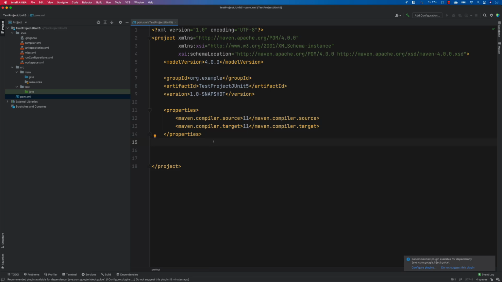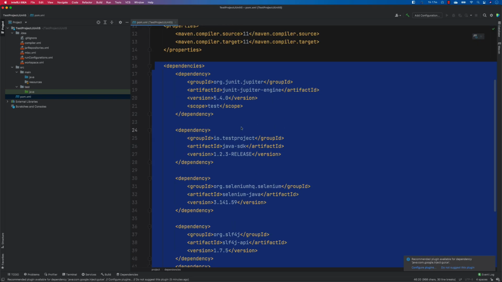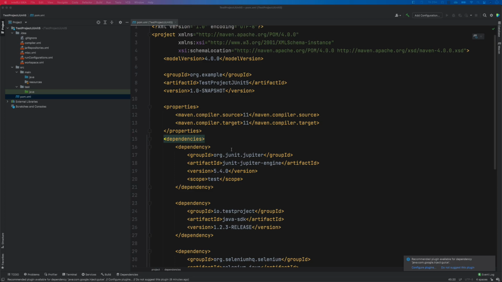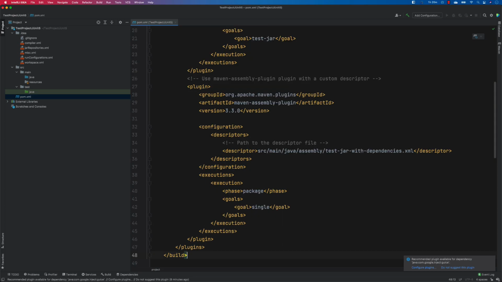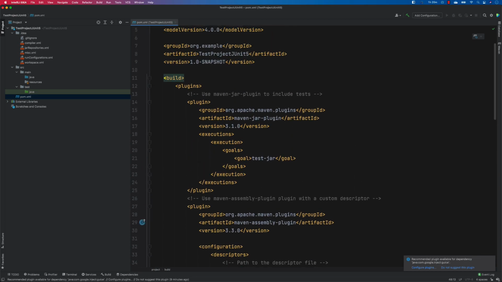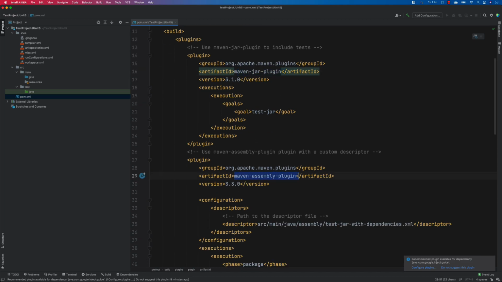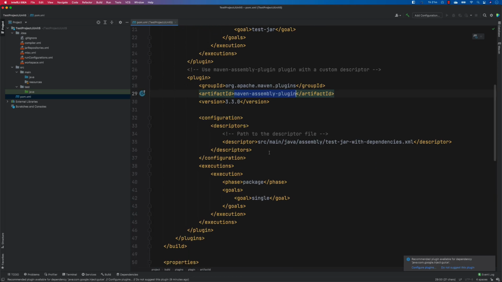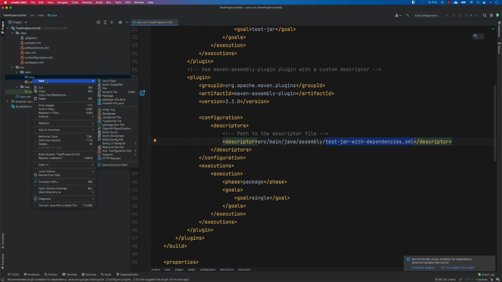And then I'm going to make sure that I have all these repositories and dependencies. And then we need to build this particular project and upload it into the TestProject's platform, which can be done using a build script, something like this. It requires you to have a Maven jar plugin and then Maven assembly plugins. And once you have this, then you need to create a descriptor file, which is going to be sitting over here. It can be anywhere, but I'm just going to put it under Java, and then I'm going to